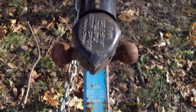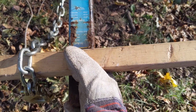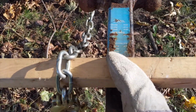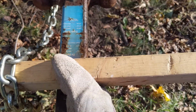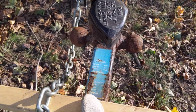All right, here's example number 1. I've got the hitch basically straight out from the trailer. I'm just holding this piece of, I think it's really a piece of a railing balustrade that I cut down, but it's like a 2x2 piece of wood, right? So anyway, I'm holding this roughly at the point where the connection points would be on the tow vehicle, and it is, as you can see, perpendicular to the hitch. Now, if the vehicle comes around this way,